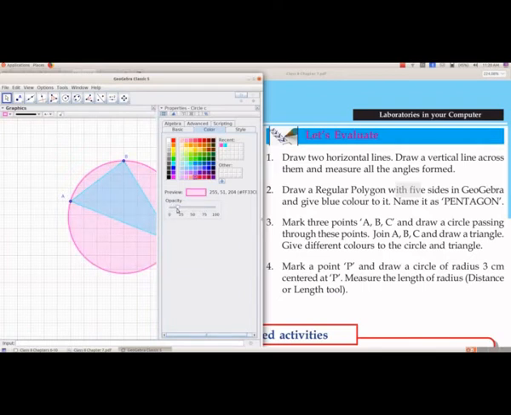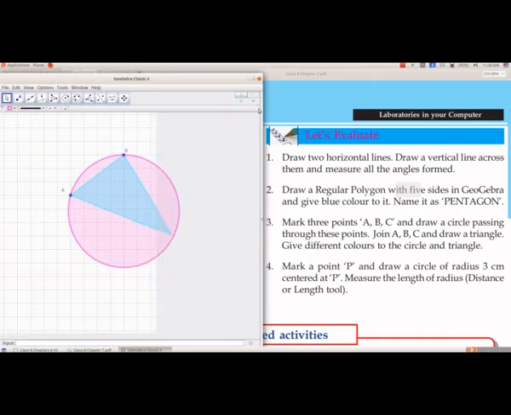So we are getting a darker shade of that color. So like this we can give different colors for the triangle and the circle.